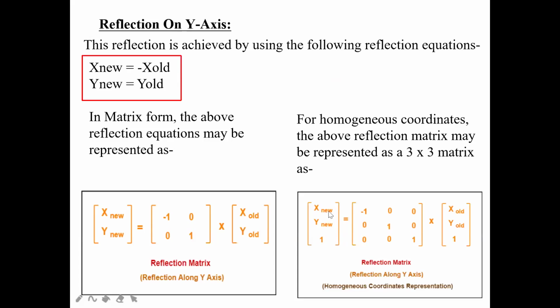So here you can see x new, y new, 1, and in your initial coordinate values will be x old, y old, 1, and your matrix form will be minus 1, 0, 0. I will just repeat it. This is x, this is y, this is z. So as I'm considering the x coordinate system now, I have represented it as a negative value, so minus 1. And here x, y, z again, so y new value will be the same as your y value, so it will be 1. So here I'm keeping it as 1, and z value will be in the z axis 1. So this is the reflection matrix on your y axis in homogeneous coordinate system.